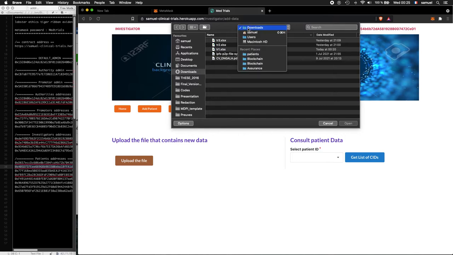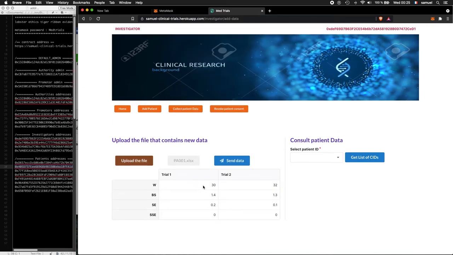So we need to go to the patient data and select the patient PA001, this one. And we see that this time we have 2 trials, the first one and the second one. In the second one, as we saw, the weight increases from 30 to 32, and no serious side effects have been observed.